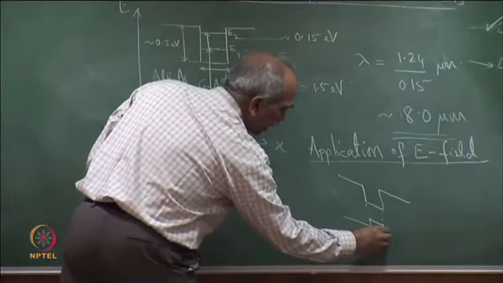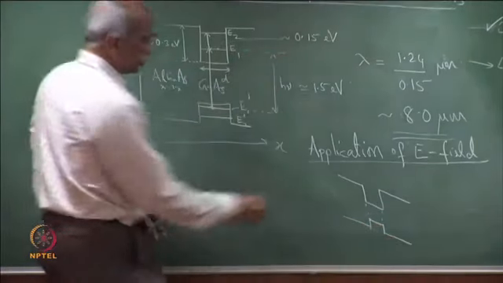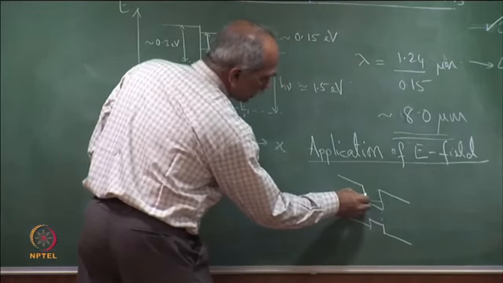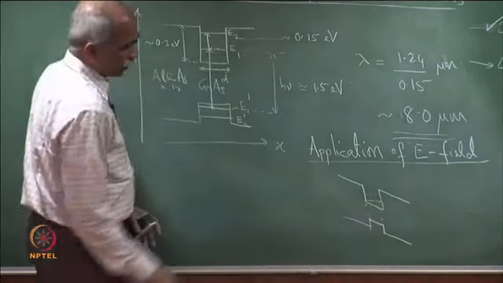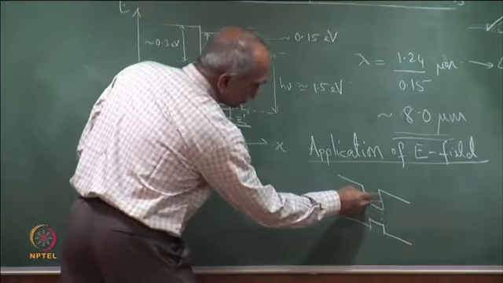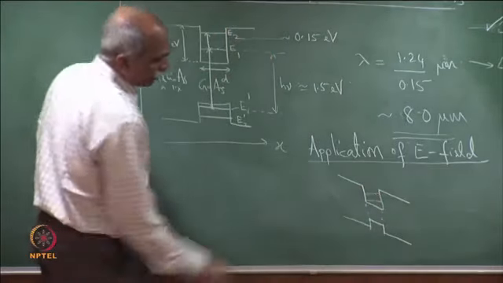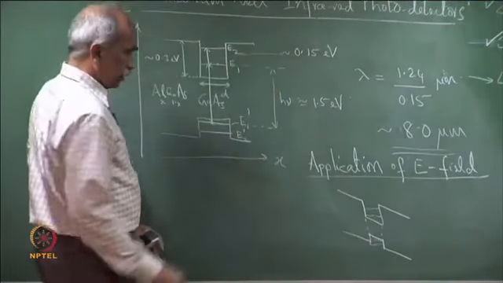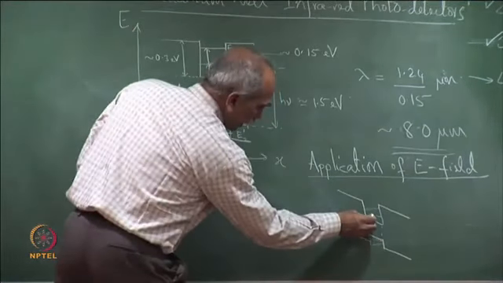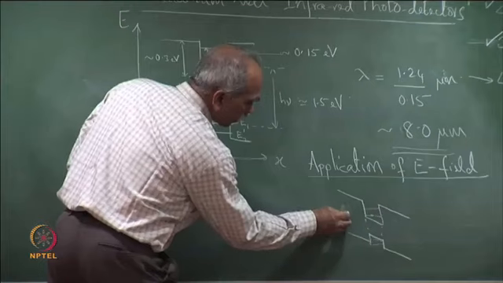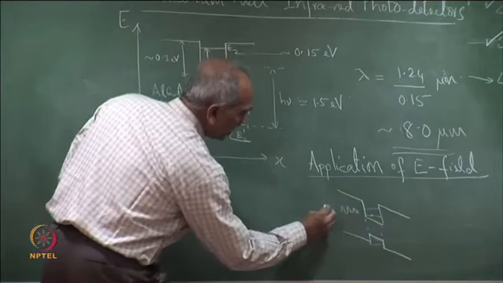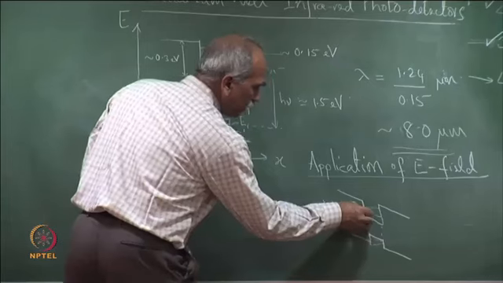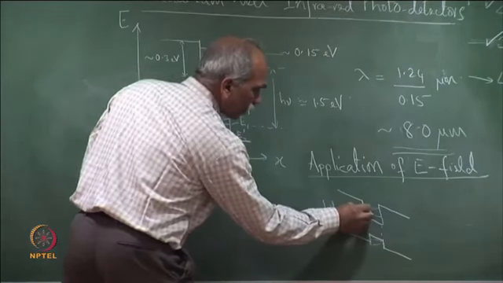Again, not to scale. So, here is the first level and here is the second level, with the application of the electric field. So, the incident photon here leads to an inter subband transition, an electron moves over